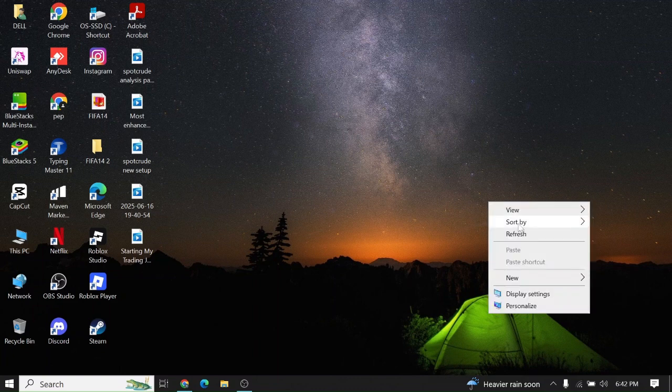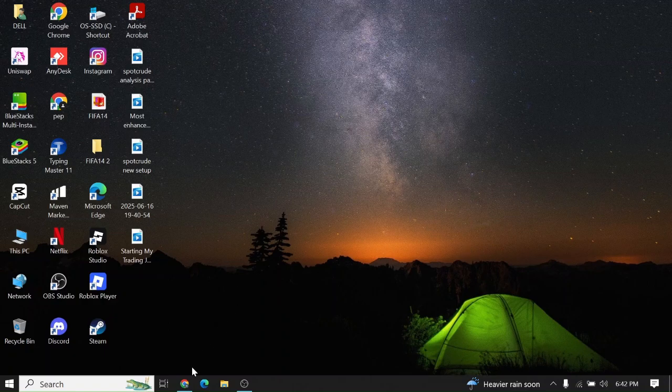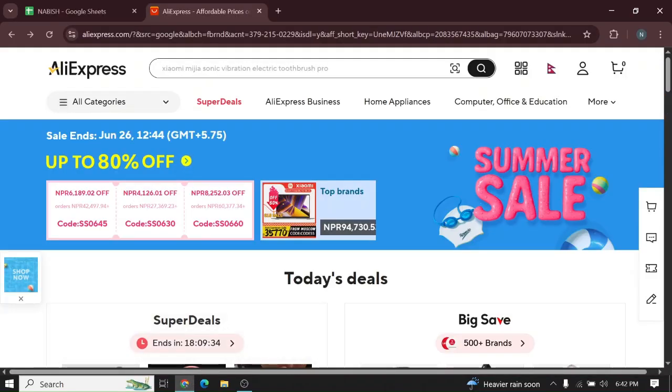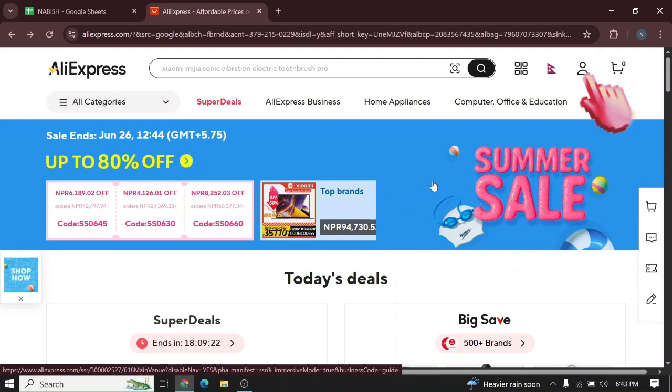First of all, open Chrome on your laptop or mobile devices. Once you open the Chrome, now search for AliExpress website. As soon as you enter the website, log in into your account with your registered email and password. After you get logged in, look at the top right corner of your screen where you can see your profile